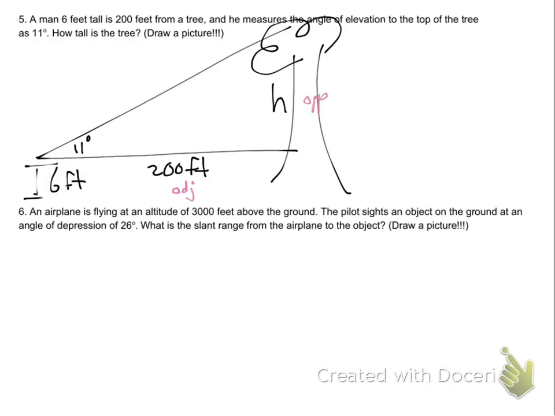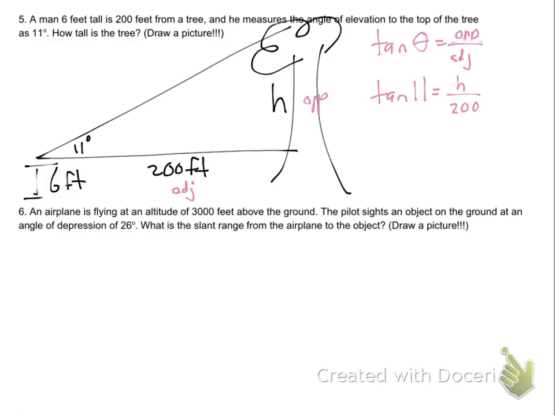opposite. Which function again? Seems to be a lot when you're solving these types of problems. It's tangent again. So tangent of theta is equal to opposite over adjacent. We know we're talking about tangent of 11. Oh, sorry, you're right. Just seeing if you guys are paying attention. Adjacent. So, what's opposite? h over